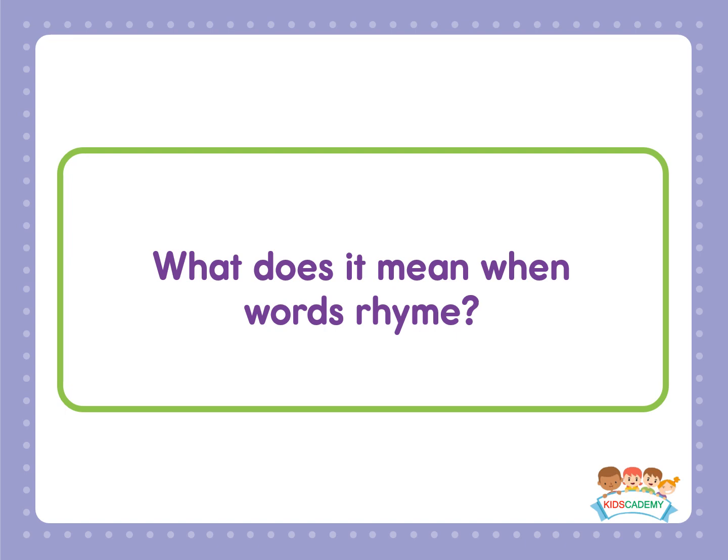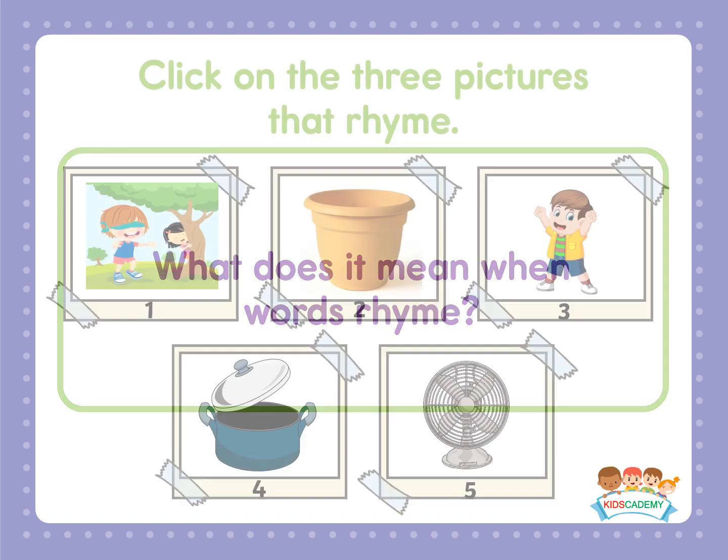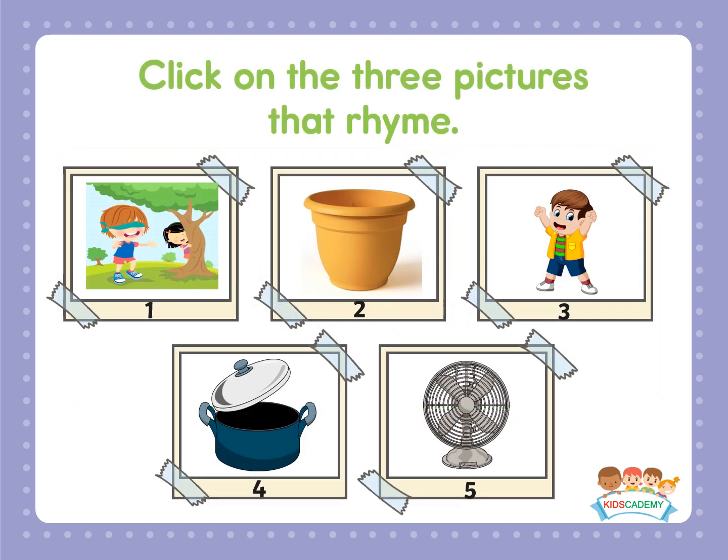What does it mean when words rhyme? Click on the three pictures that rhyme. First picture is hid. Second picture is pot. Third picture is kid. Fourth picture is lid. Fifth picture is fan. So, the three pictures which are rhyming with each other are